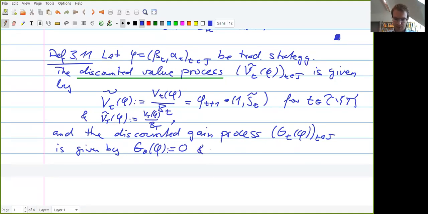And now the gain at time t, if we trade with respect to phi, is the gains we make in each trading period by trading with respect to alpha. Right, so that's it. Okay, so